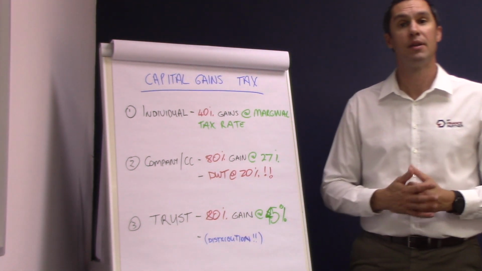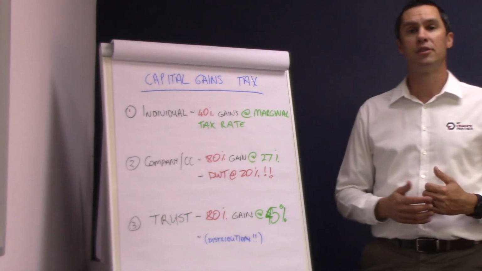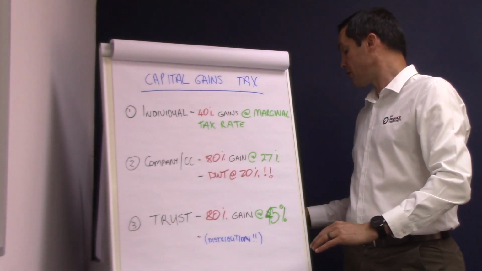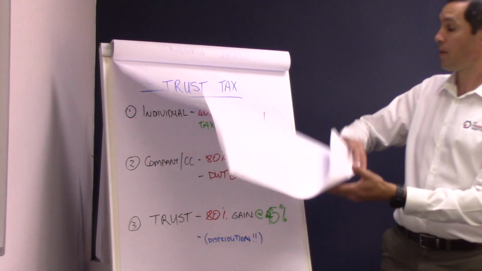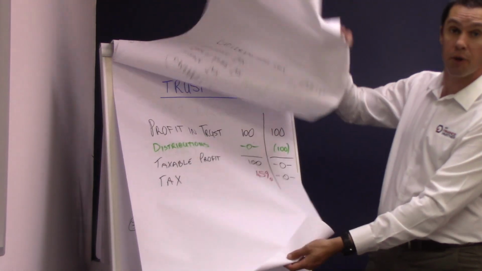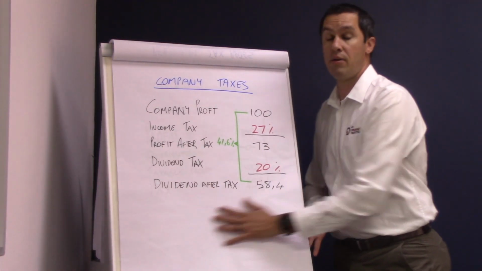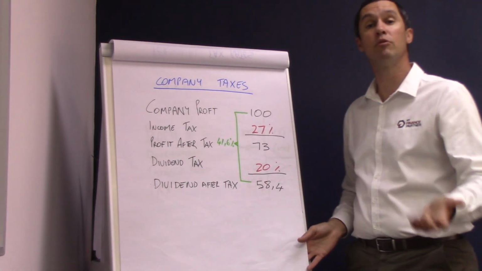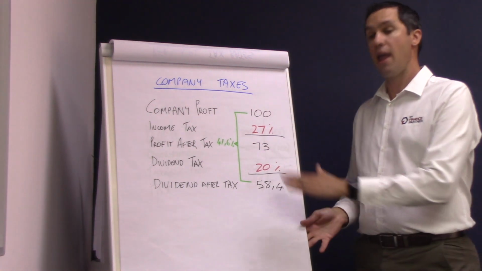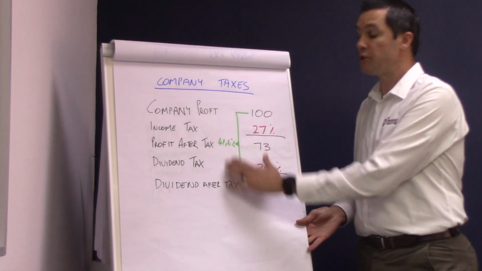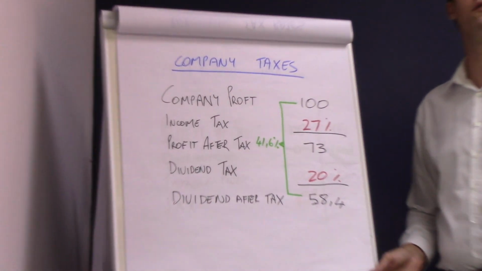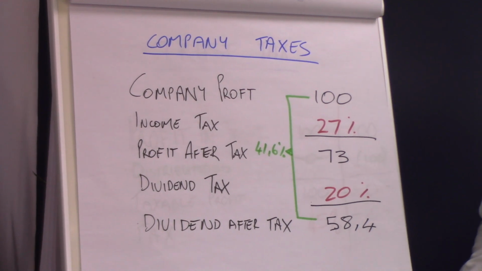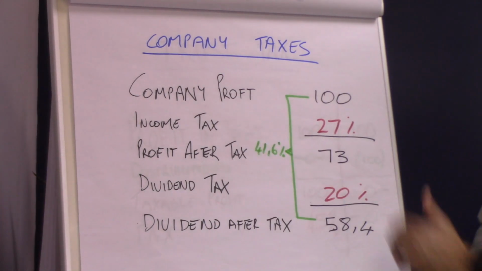If we look at a company, 80% of the gain is taxed at 27%. All right, that's the company tax rate. Again, I just want to draw your attention back to a previous slide that was shared with all of you. If you as the shareholder have sold something, like you have an investment in your company and you make the capital gain, to get the money in your hands, you still need to pay a further 20% in order to receive the cash from the capital gain. Now that's very important to understand,